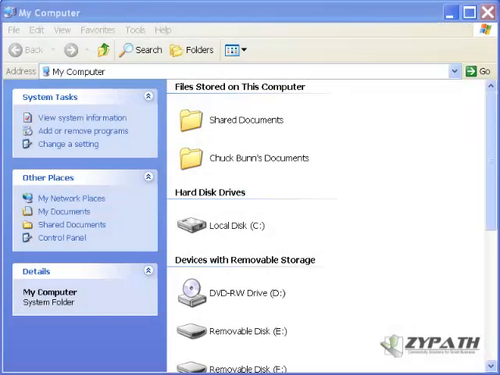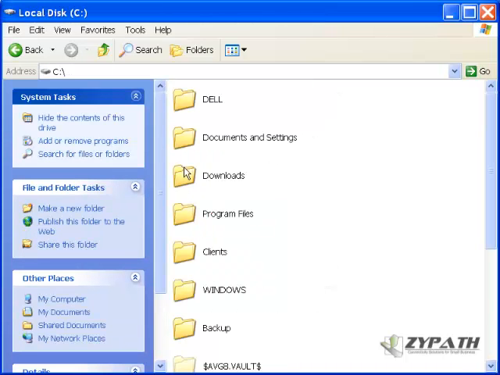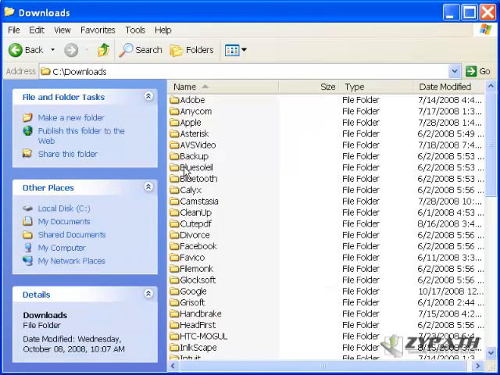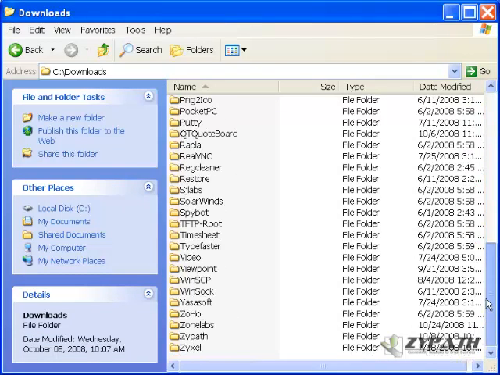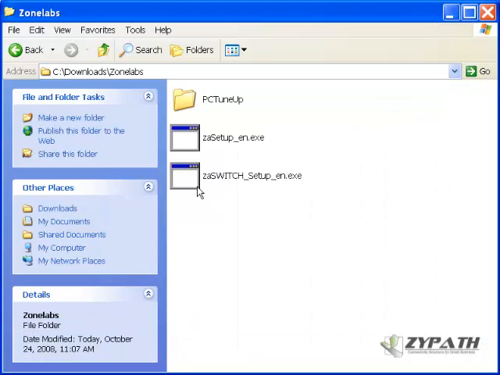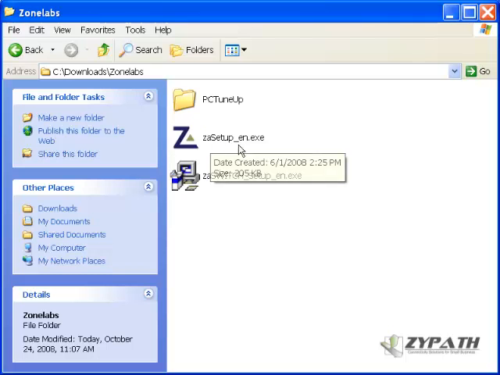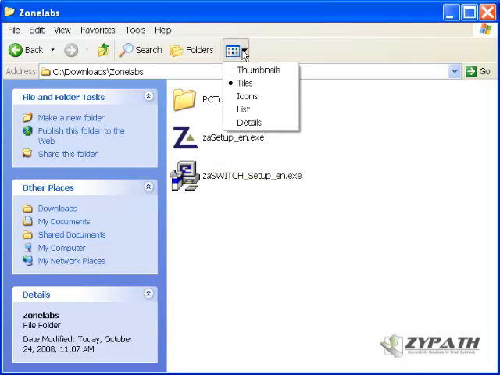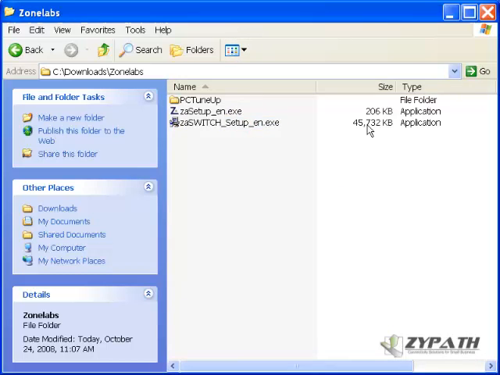Okay, so now we have the file down, and we're going to go ahead and open up my computer. And then go to local disk C and locate the file, which is under Downloads, ZoneLabs. Scroll down here. There's my ZoneLabs. And there's my file. If you're not sure which file it is, just click on the Details section, and it'll show you the details,